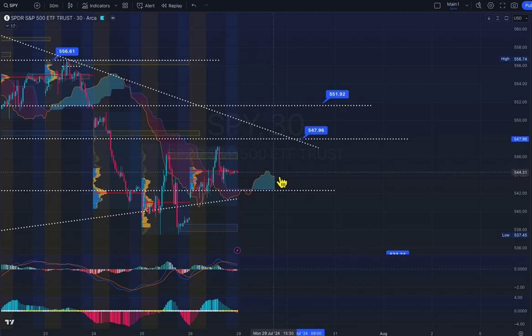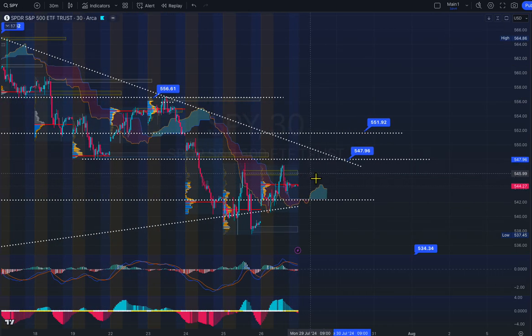You see this? They try to fool you, but it's a hidden bearish divergence, which means the market wants to go a little higher, right, and then dump. That's how I read it, folks. Okay, so if you want to be bullish, you want the sloping resistance to be broken. 548, folks. Remember, that's the area for the bull side to break, and that rejection could easily be dumped down